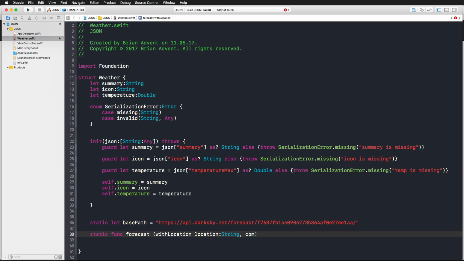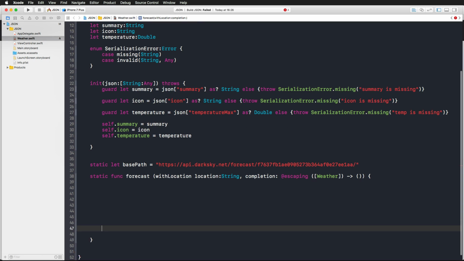And then we're defining a completion block here, and the completion is going to escape this closure, so we need to define @escaping here, and what we want to escape is an array of weather objects, and we do not need to return anything here, so we are good to go and can define our function block. Let me just make some more space here,